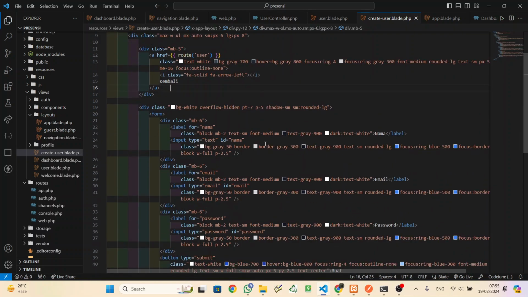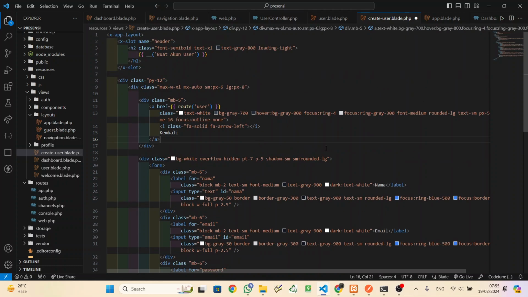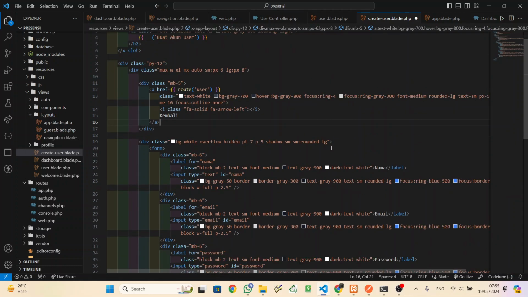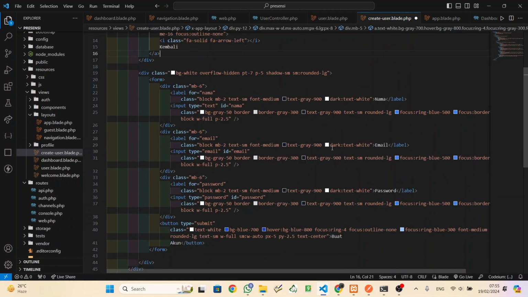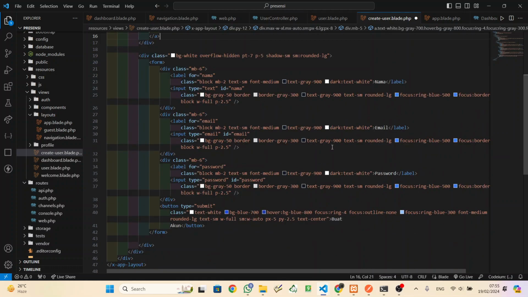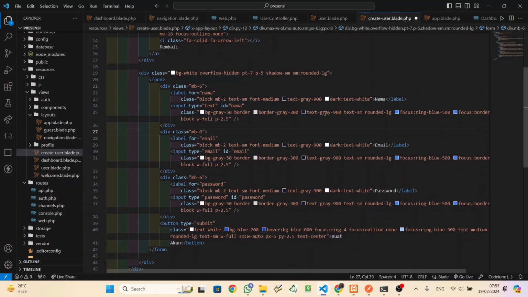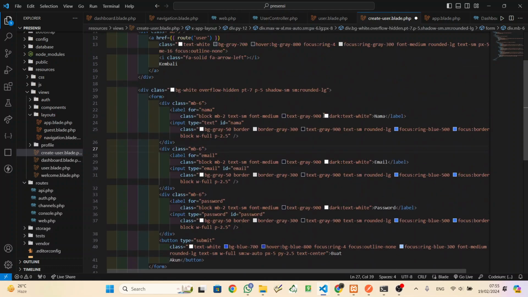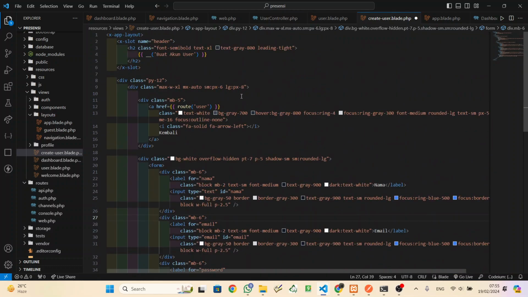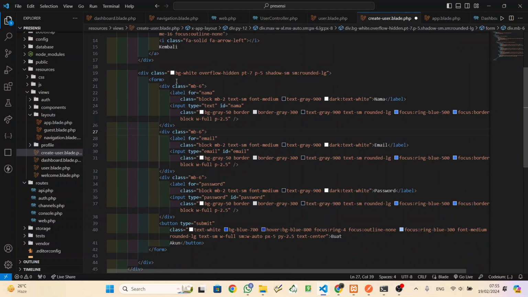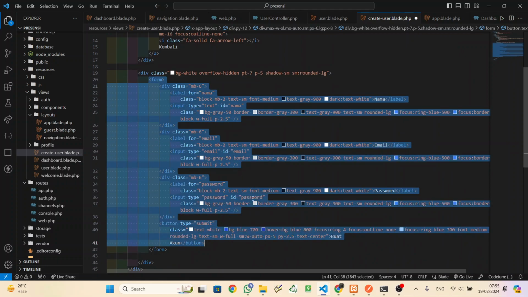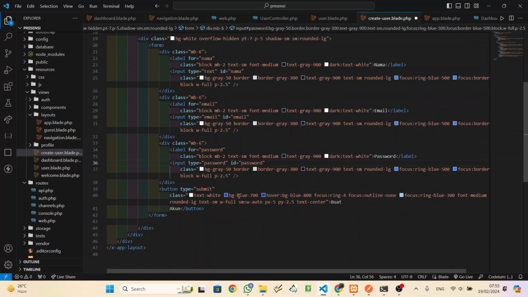If you want to write, just pause this one. Okay, and then make a form here. So when this button is clicked,